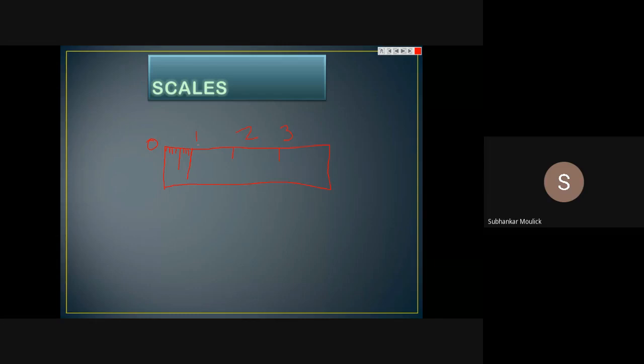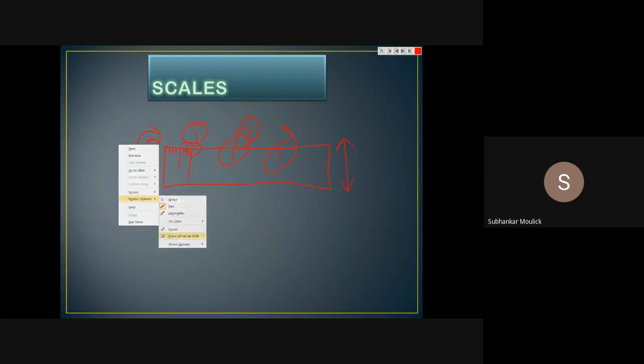How to get this marking, this marking, this marking? How am I getting 2 over here? Why am I not getting 1 over here? What is the height of this scale? All these things we will be drawing in the very first problem. So this is what scale is all about. Now I want a proper definition of scale from your end. Now you please define what is a scale.